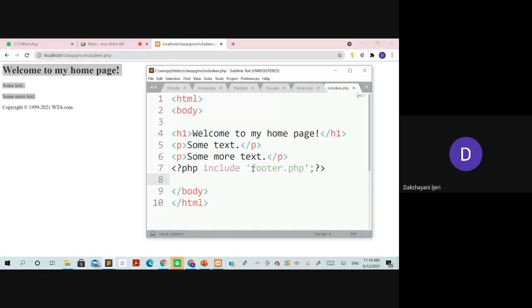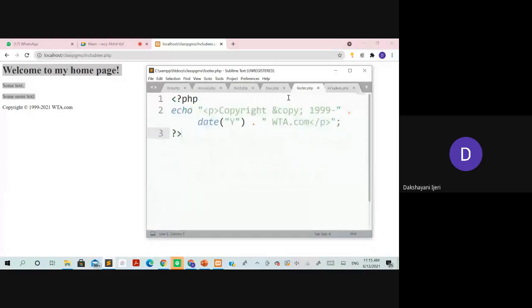Using include, and whatever the contents of this PHP file are need to be executed over here. In this photo.php, we have the echo statement with these contents to be displayed. You can see it directly executes that file, and the result becomes part of this section where it has been referred. So you can see the copyright taken from this footer copyright, wta.com, displayed over here.